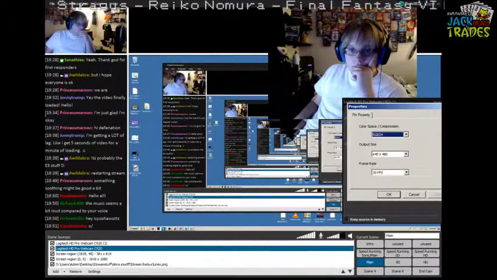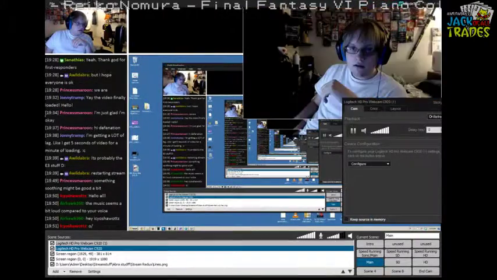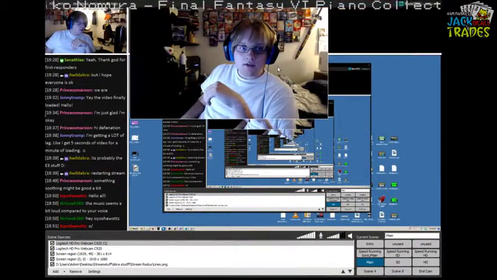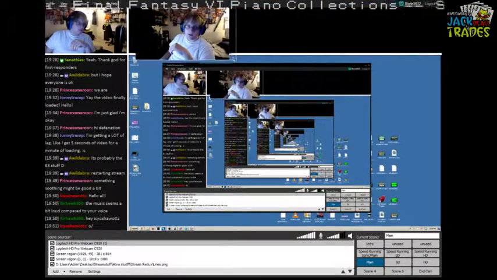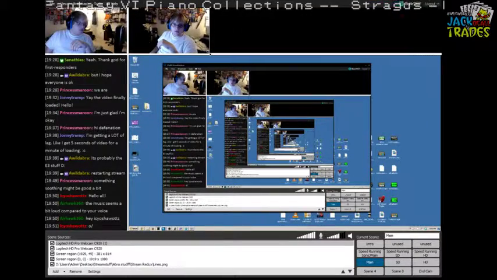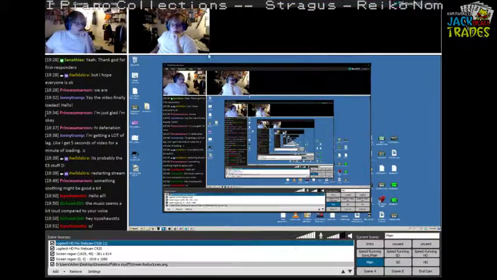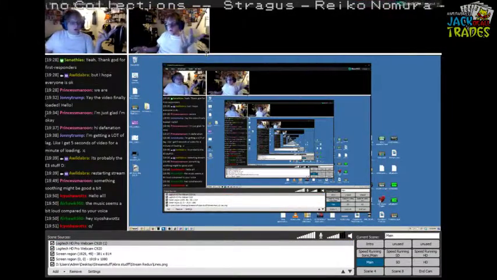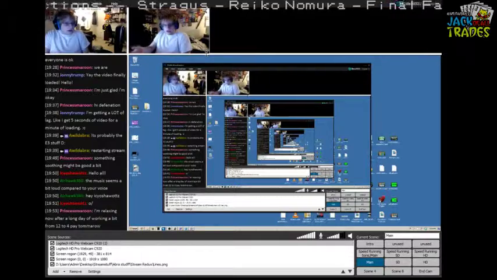So video output, what I'm going to do is bump it up to 720p, 1080. Don't care really that much about the FPS because I only stream at 30 FPS because my computer can't do 60. So don't worry about having something with an output higher than the resolution that you stream at because it's no use, like Silver says. So if I really needed to have a second camera up here for some reason, whether I had a hand cam for when I was playing a game or anything like that,